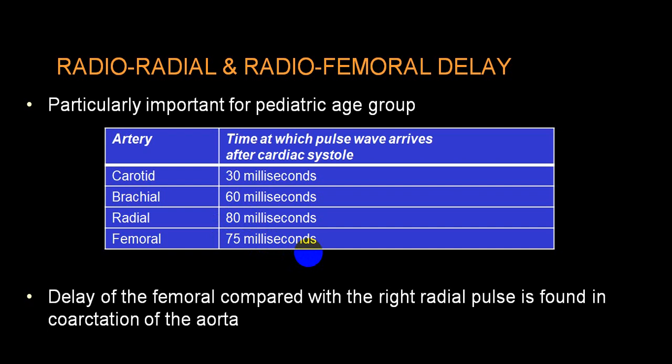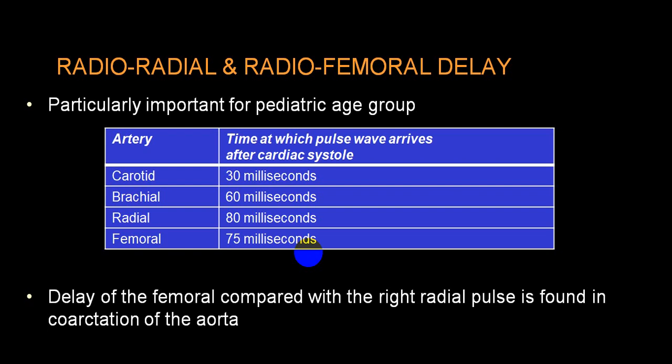Now, if the radial artery in which the blood flow is diminished comes a little after the opposite side radial, that we call a radio-radial delay. This radio-radial delay is because blood flow in both subclavians should be simultaneous. But if there is coarctation between the two, say in the arch of aorta before the left subclavian, then you will get radio-radial delay.